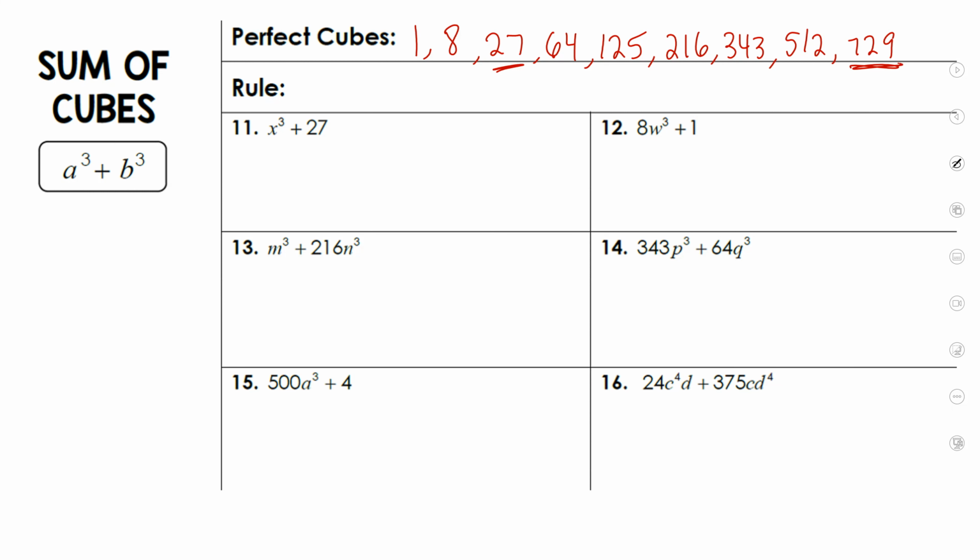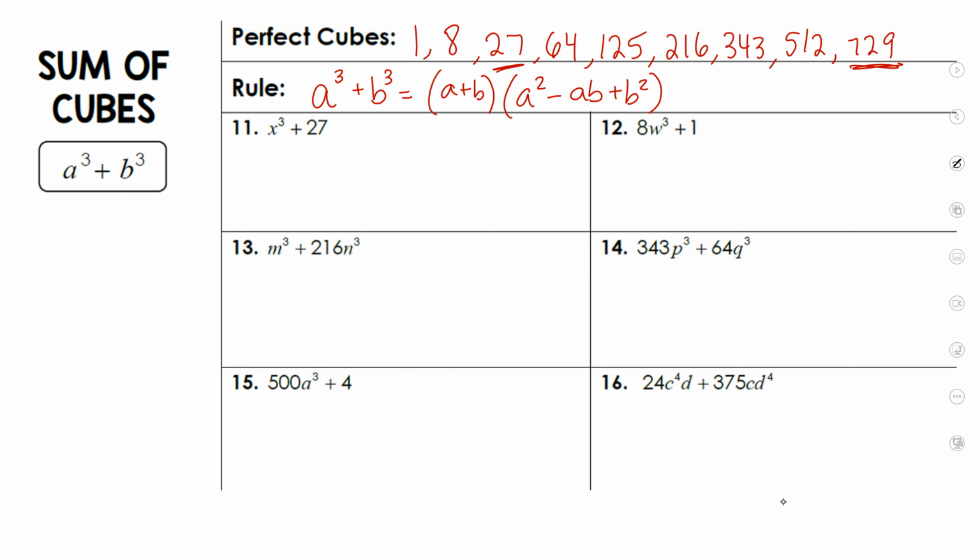Okay, rules. A cubed plus b cubed is equal to a plus b times a squared minus ab plus b squared. Write down the rule, and then we will do some examples. Now, the reason why we listed all of the perfect cubes is because it will help you. Okay, so like for example,